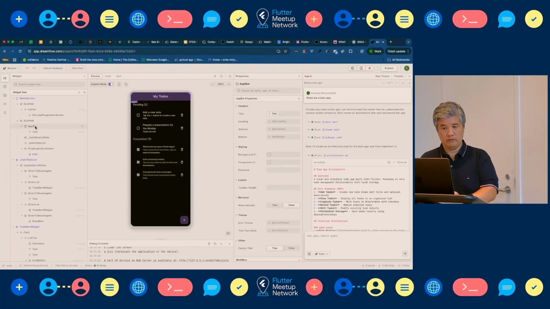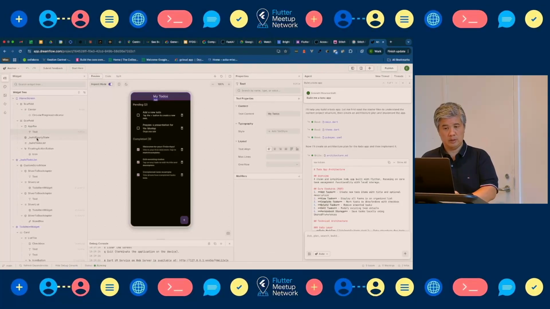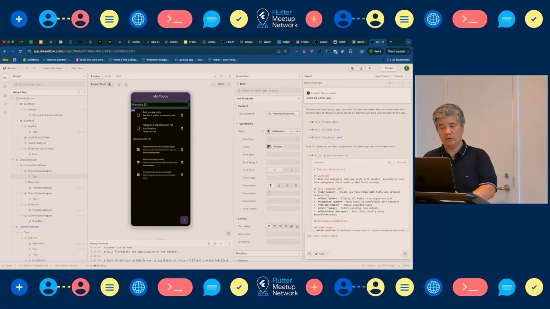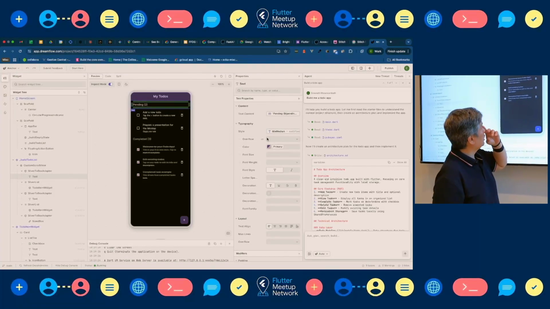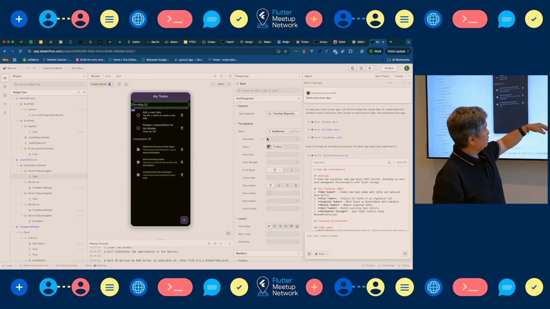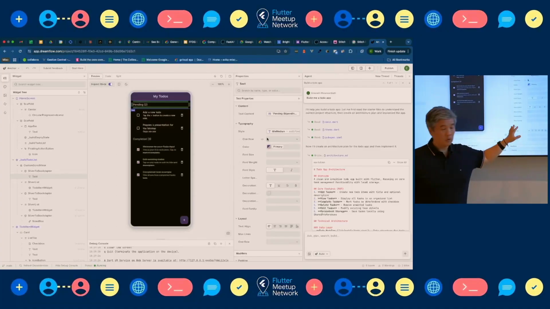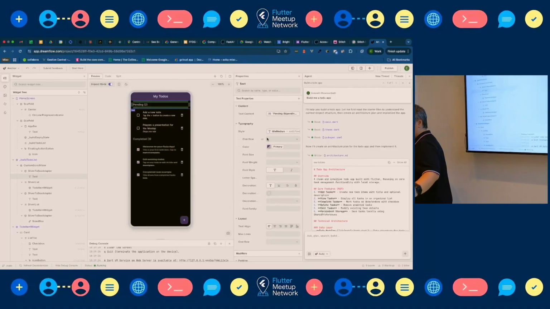For example, here we have the app bar. We have a text over there. And we have all the properties of this component that you can update. If you don't like the color, if you don't like the title, you can change everything here on this panel of properties.